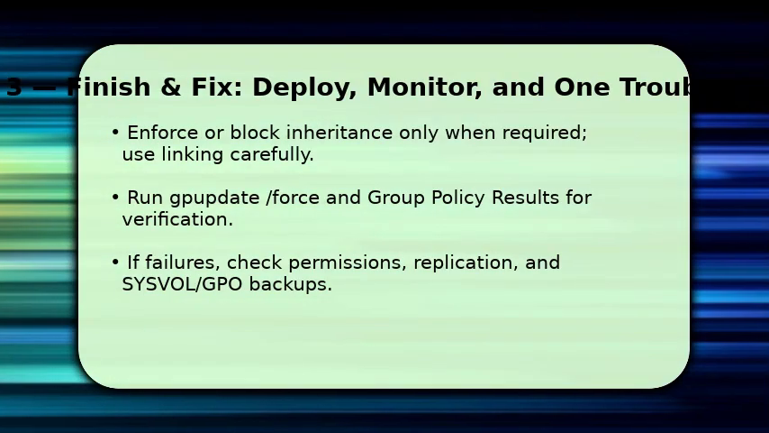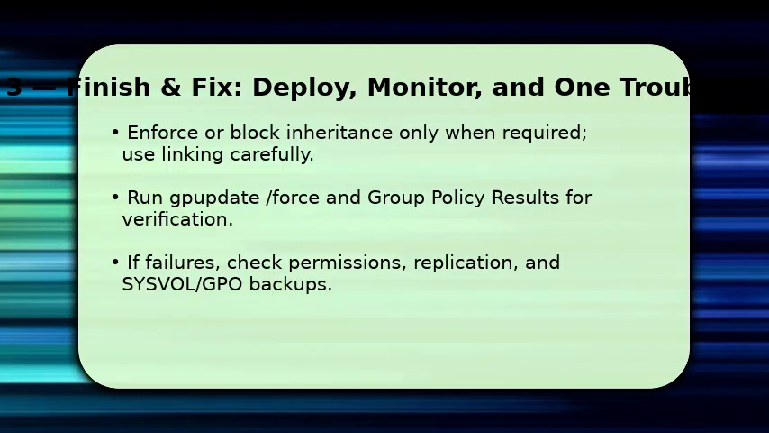You finalize by linking and setting enforcement only if necessary. Avoid heavy use of enforced links because they complicate troubleshooting. Next, target a pilot OU and run gpupdate /force on a test client, then use Group Policy Results and Event Viewer